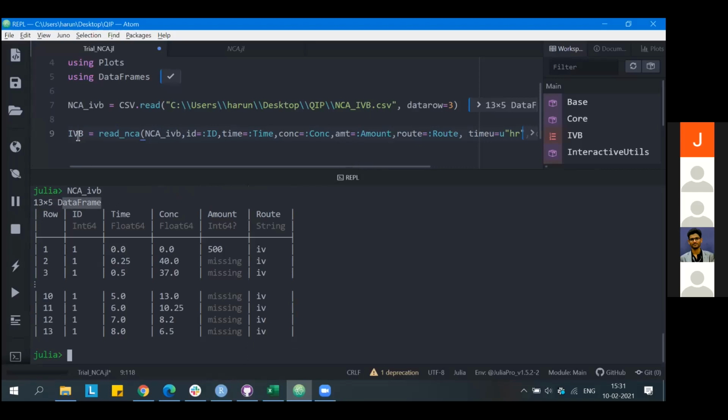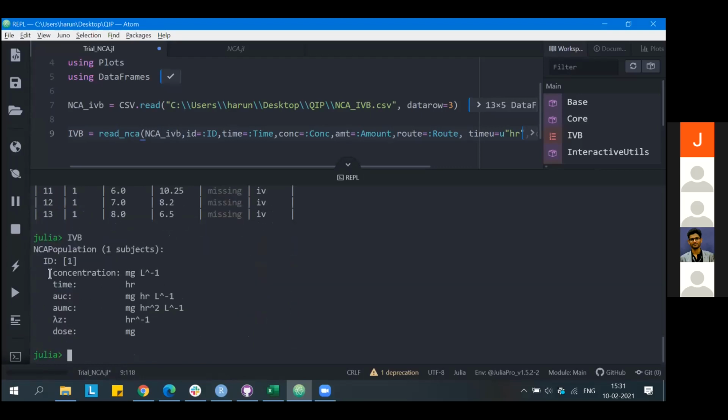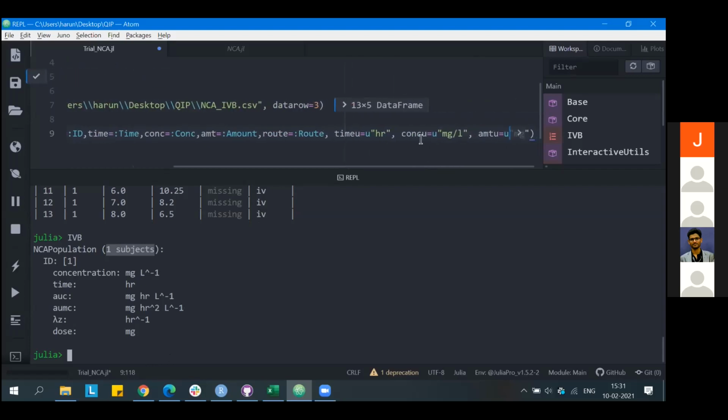If I type in IVB, which is capital, after parsing the data using the read NCA function, it is now an NCA population or NCA subject with one subject, where the concentration is mg per liter, time is in hours, AUC, whatever the dose, everything. It comes along with the units, as we have mentioned the units as well.